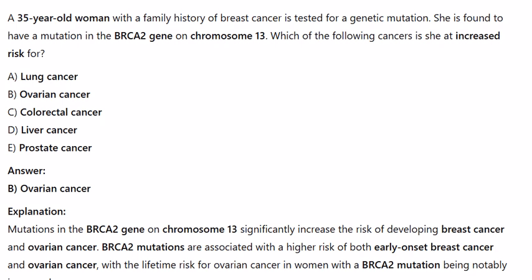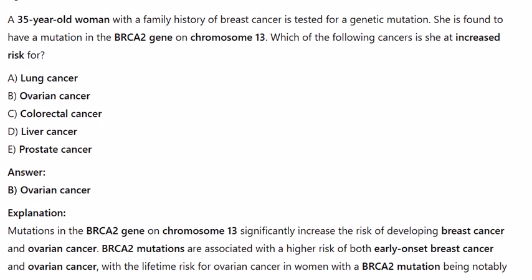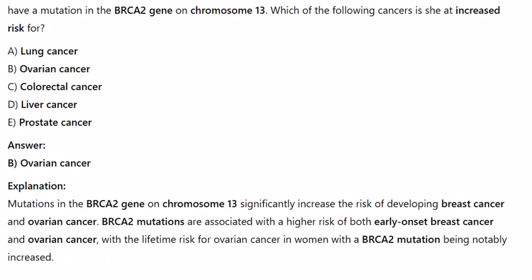Ovarian cancer. Explanation. Mutations in the BRCA2 gene on chromosome 13 significantly increase the risk of developing breast cancer and ovarian cancer. BRCA2 mutations are associated with a higher risk of both early-onset breast cancer and ovarian cancer, with the lifetime risk for ovarian cancer in women with a BRCA2 mutation being notably increased. These questions